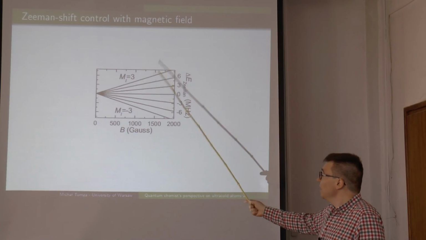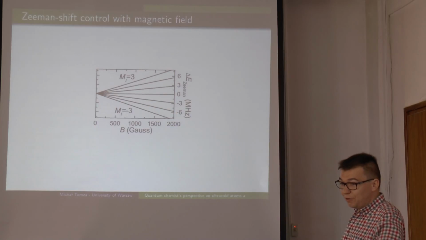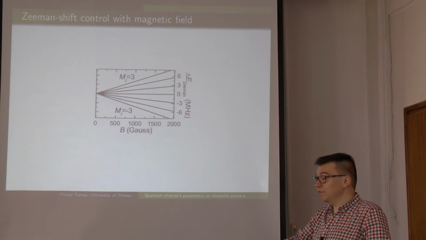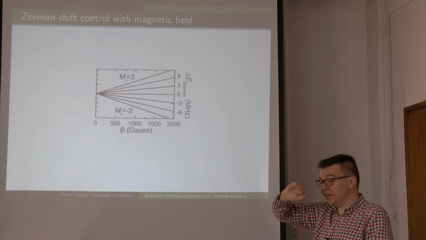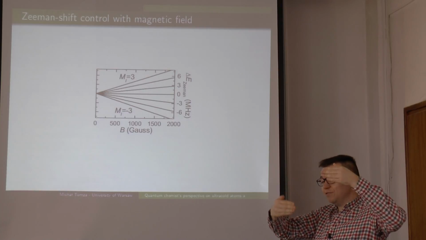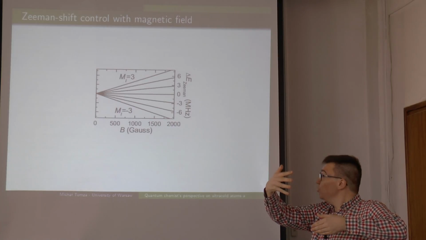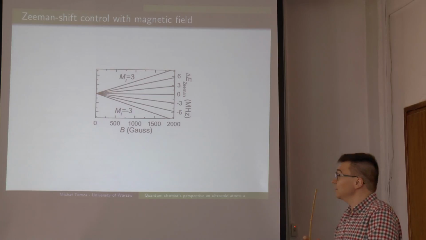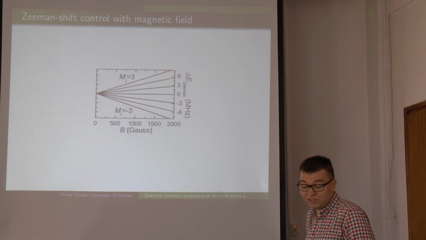If we apply a magnetic field in the range of a few hundred or thousand Gauss, we can induce a few megahertz of shift, and in this way we can have additional control over the relative channels. We can split our hyperfine states of the molecules, if there is nuclear spin, into many Zeeman channels. So starting from the case when we have one quantum state of reactants and one quantum state of products, we can split the number of channels. We can increase the number of product channels, or we can also start from some selected quantum state of the reactant. So this is an additional tool to control.